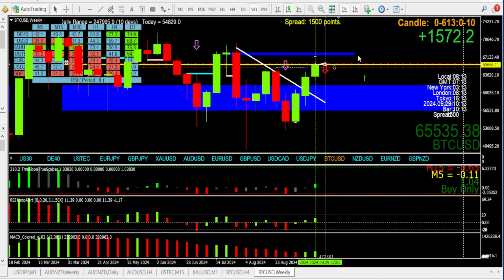As that is so far away, my thought process has told me, bearing in mind I've looked at the daily and the H4 and so forth to come to the conclusion I've come to, my analysis told me, because I'm using multi-time frame analysis to scalp the short, but I still looked at this and thought, well, three weeks of solid movement up, this is too far away just to be a quick